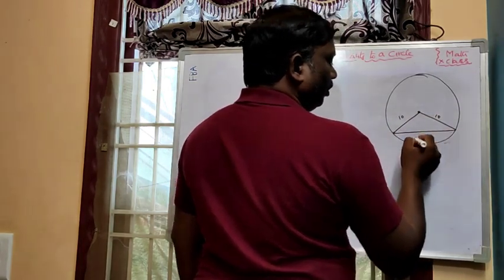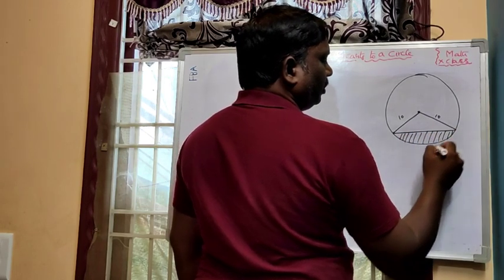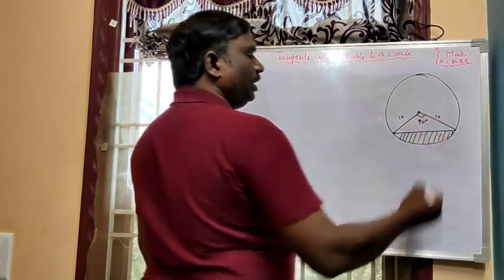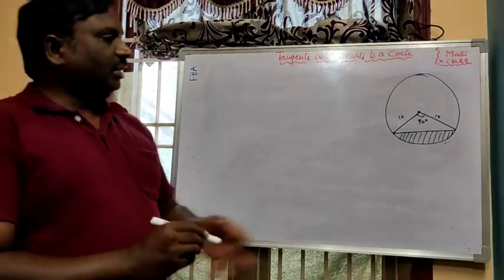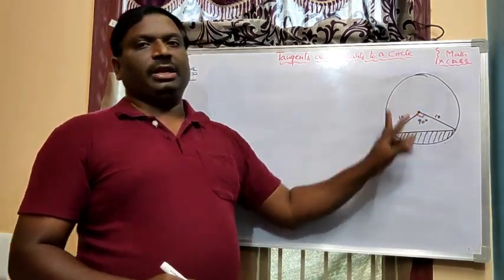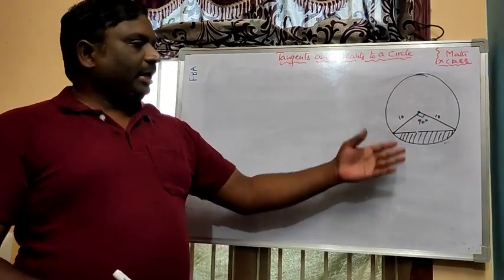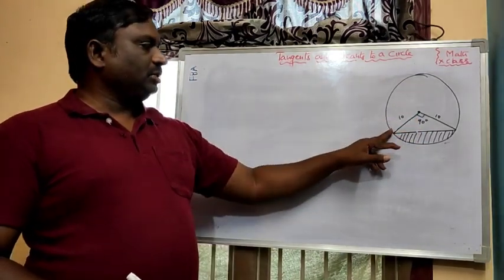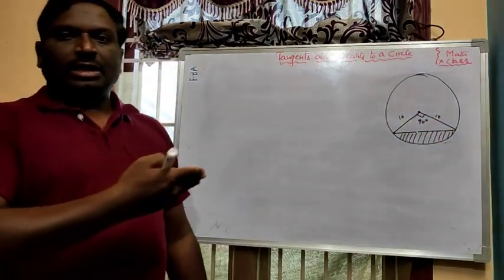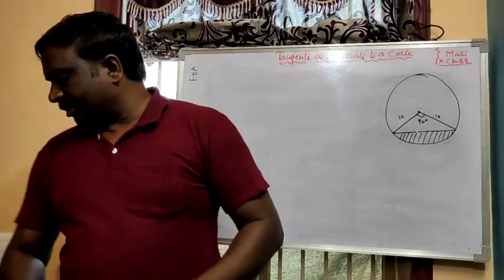And minor arc, minor segment. So first, the angle at the center is a right angle, means 90 degrees. So to find the minor segment, area of sector minus area of triangle. What type of triangle is it? This is a right angle isosceles triangle. Right angle isosceles triangle means base is this one, height is this one. For any right angle triangle, you can take base this side and height that side.